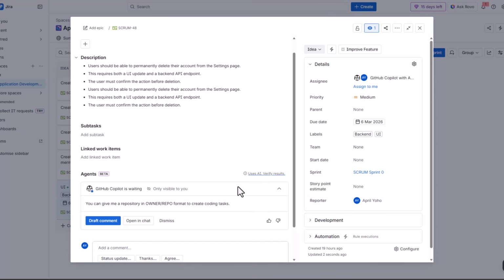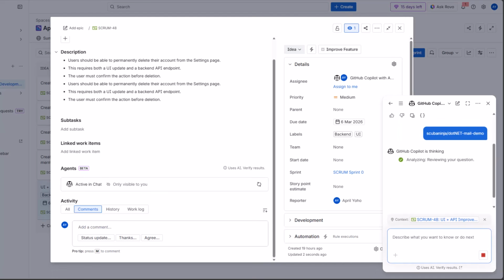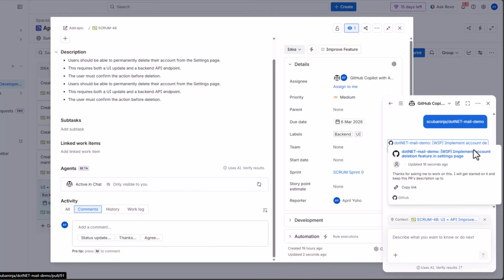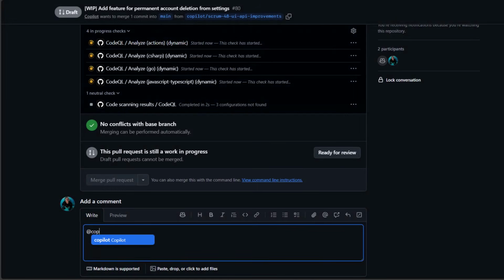Once assigned, Copilot analyzes the structured context of the issue, including the title, description, labels, acceptance criteria, and parent epic, deploying to the specified repository. Copilot then creates a new branch in GitHub and opens a draft pull request to begin the implementation. As it works, Copilot incrementally updates the branch and the pull request, allowing your team to observe progress and provide